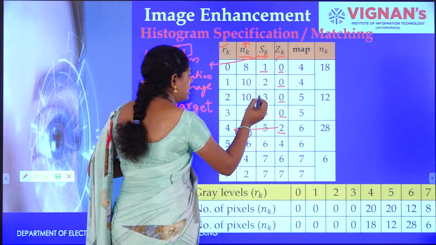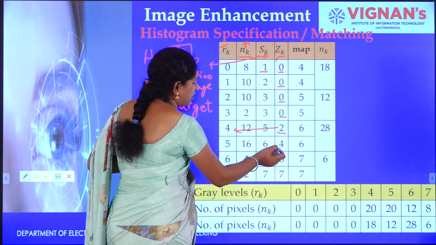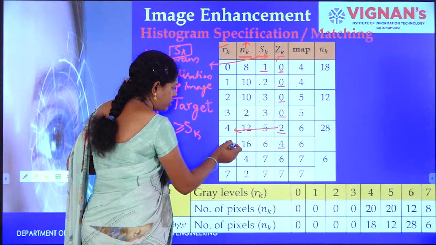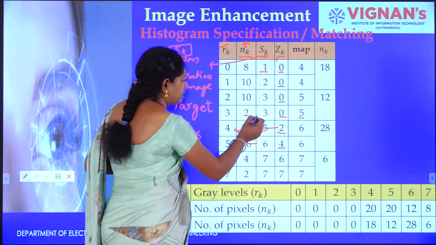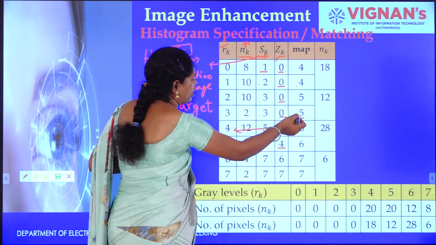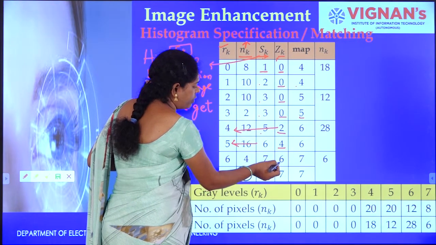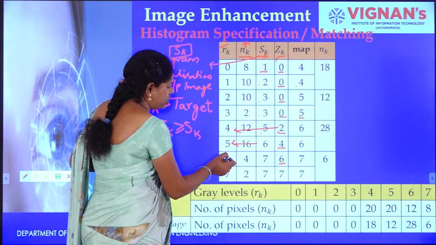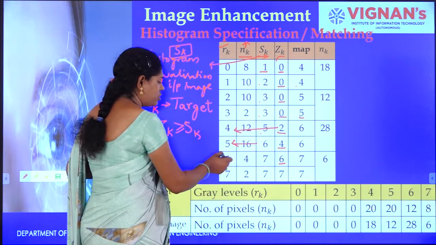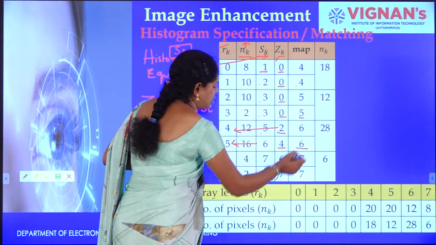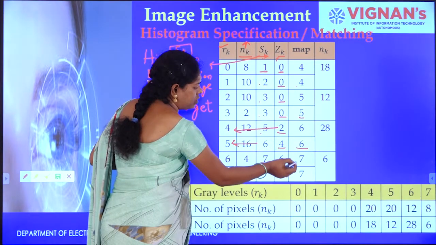Next go for 3. For 3 here it is a 2, we are not mapping, since it is less than. So we go for the next thing, that is 4, and 4 corresponds to 5. So we are mapping with 5. The next thing, this 3 is the same, so we are mapping with 5. Next coming to 5, we go for 6, and 6 corresponds to 6. So we are giving 6, and for 6 it is equal, so the corresponding RK value is 6. Next the 7, it should be equal to 7, so the corresponding is 7.